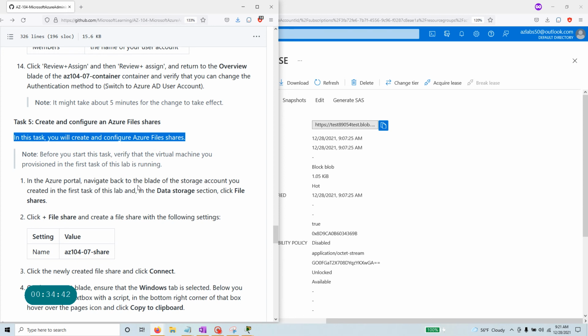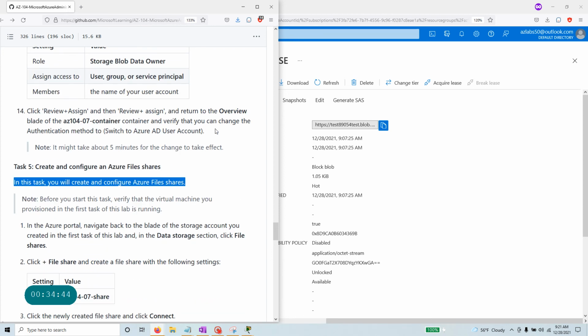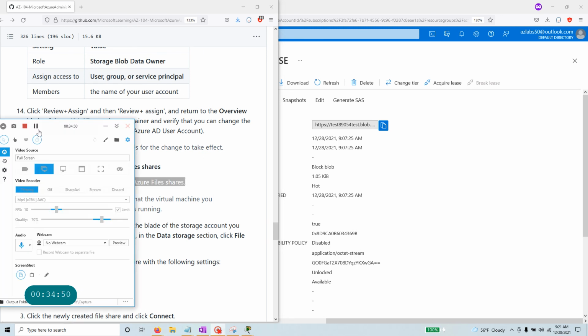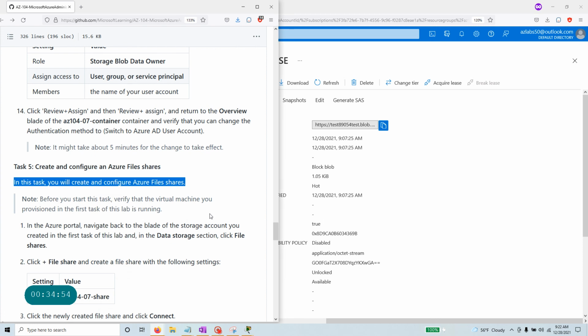Now, file share is a little different than Azure Blob Storage. File share you can use as an NFS file share and things like that. If you really want an NFS file share, you want to just mount it somewhere. You can also mount the blob storage, but there is some limitation. The preferred, recommended way is to create a file share. So what we'll do,